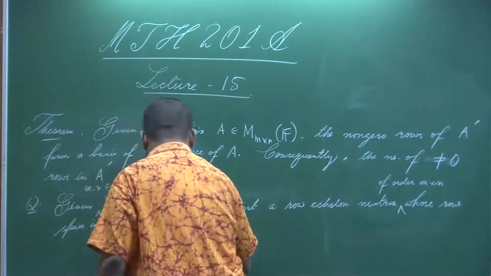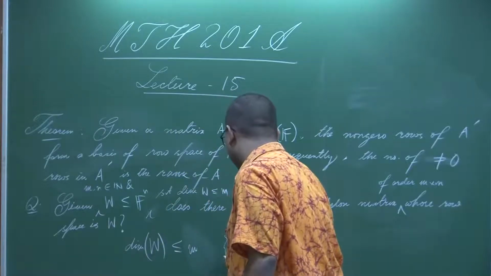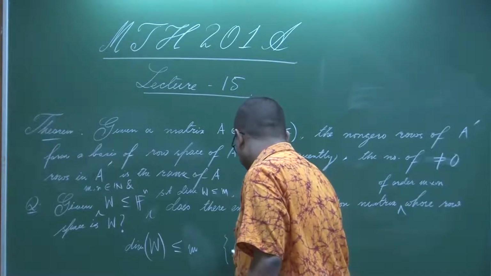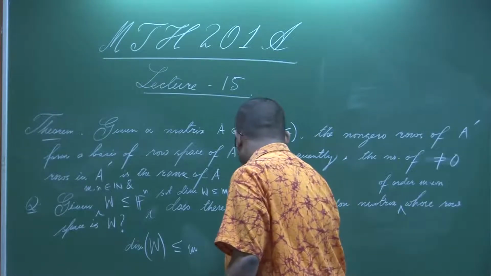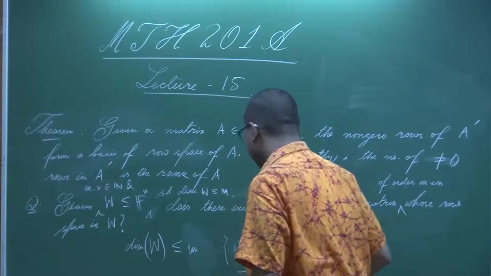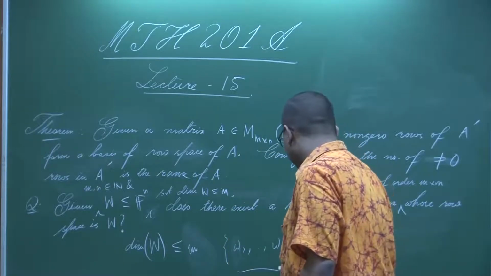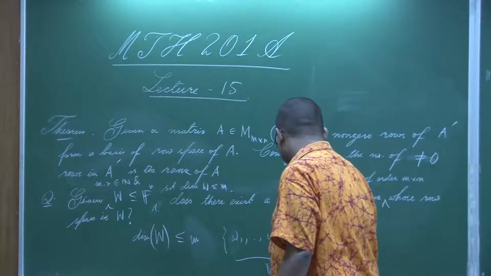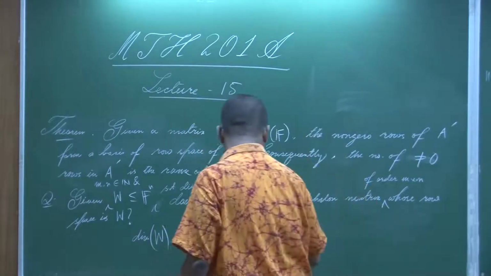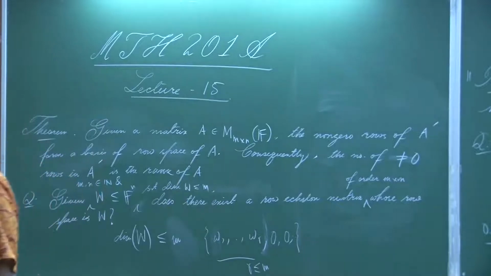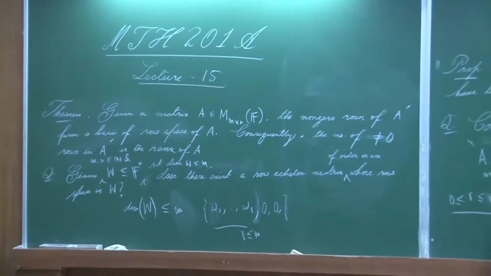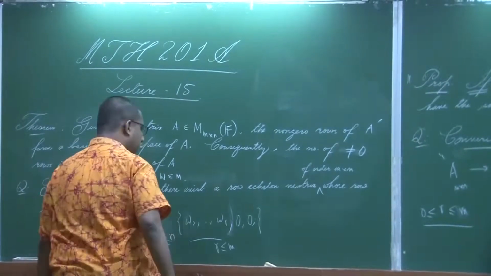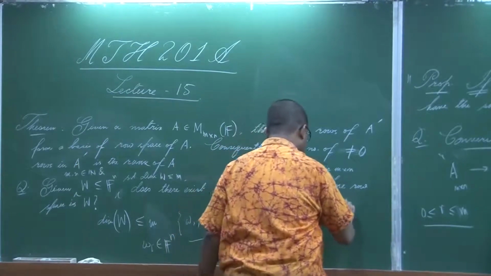From my assumption, the dimension of W is less or equal to m, so we have a basis, let us say alpha, w1 up to wr, where r is less or equal to m, which is a basis of W. If m is bigger, we include those many zero vectors in that set. Now, we have a set of m vectors, and each wi belongs to Fn. Now, what we want to do is very obvious, we will put the wi's